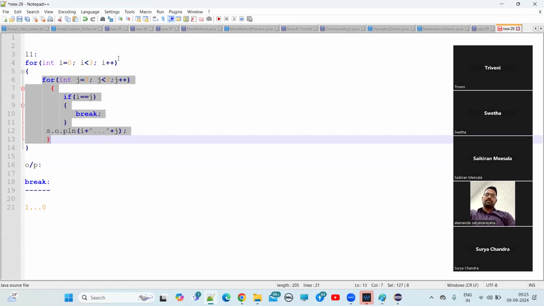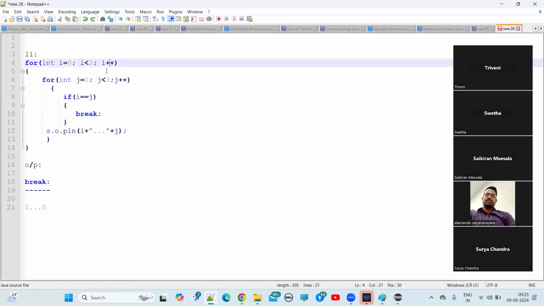Control where will it go? The increment section. What is the i value now? 2. Next, where will it go? Condition: 2 less than 3. Come on, fast. 2 means